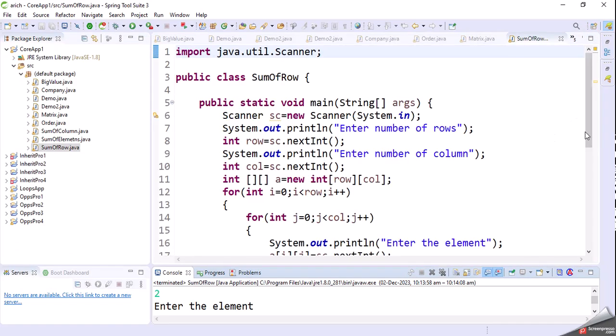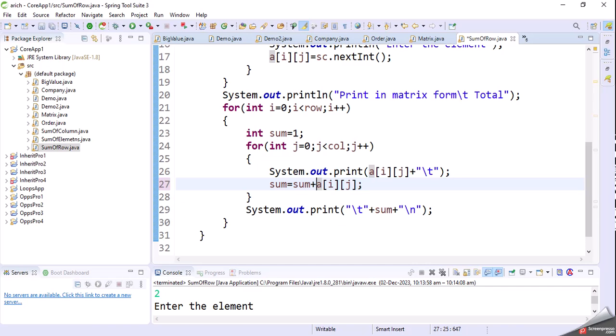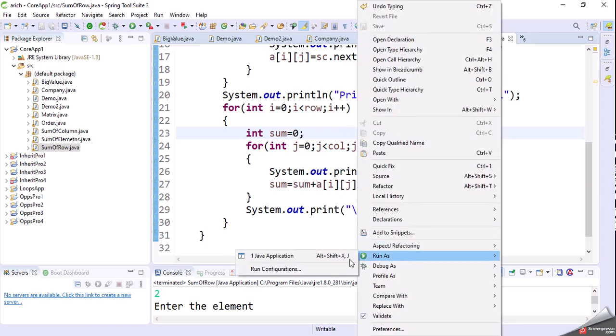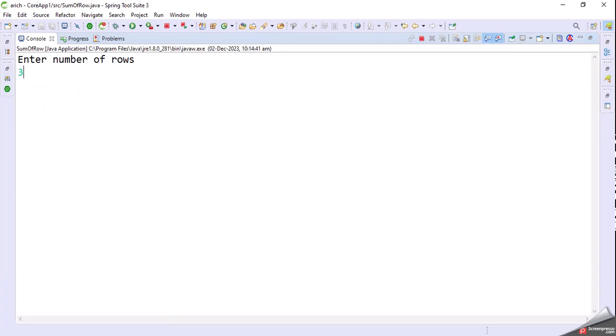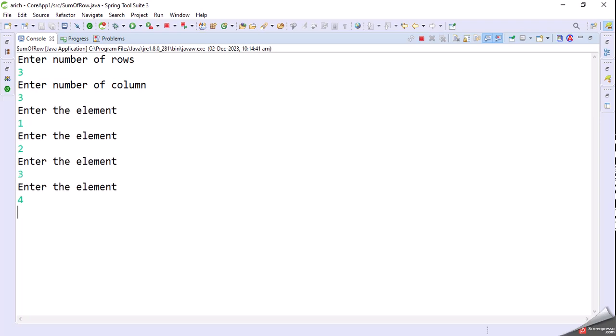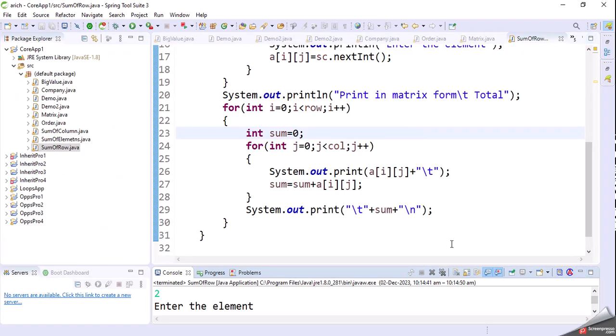So we can change this. Actually, it shows multiplication. Okay, 1 plus 2 plus 3, 6. 4 plus 5 plus 6, 15. 7 plus 8 plus 9, 24. Okay, so if you want to perform